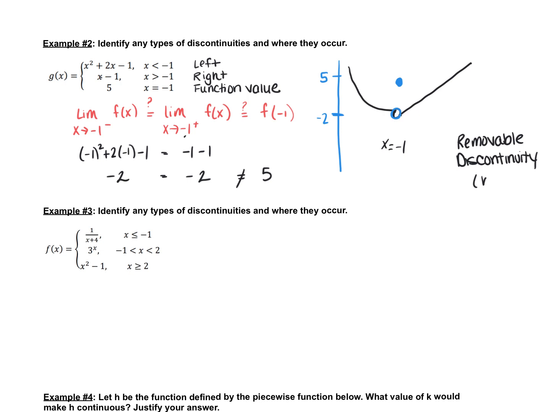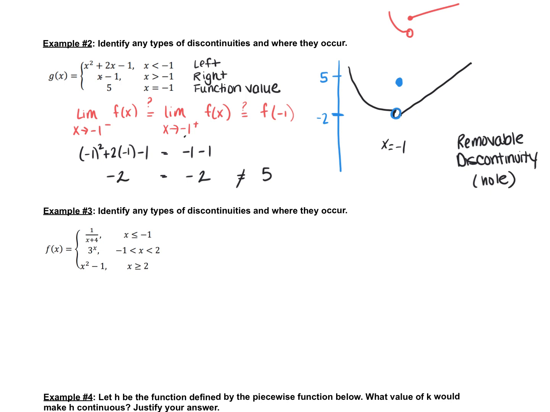Or in other words, this one is simply a hole. It's not a jump because they reach each other. A jump would be like if one of the branches did something like, say, here's the parabola and then here's the line. That would be a jump, right? It went from here, jumped up to go here. But this one, since the limit from the left and the right are equal, that means it's just a removable